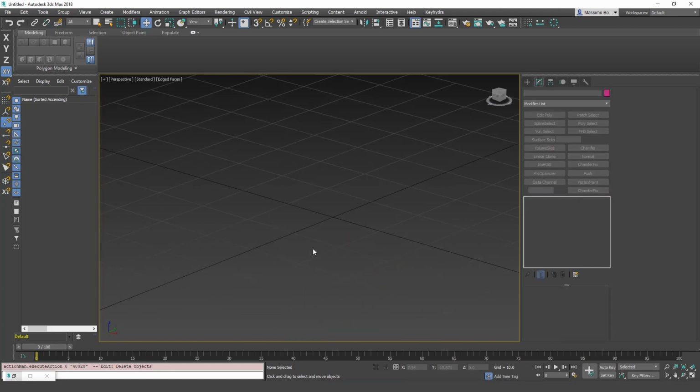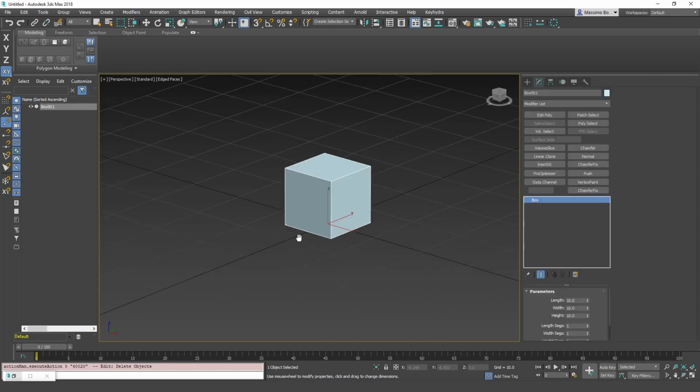Okay? So shift, for the Kydra logic, is adding, so it makes sense because you're adding a primitive to your scene. For this presentation, I just need a box. So let's shift double tap P and I have my box.